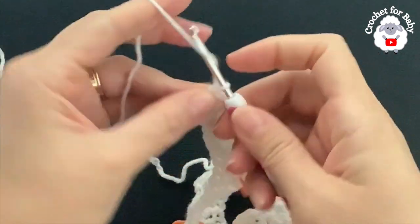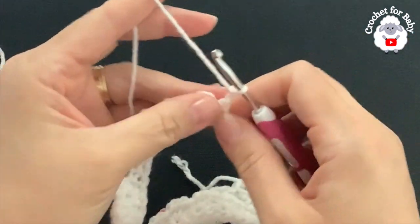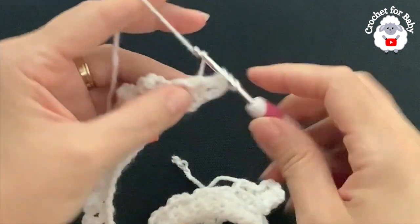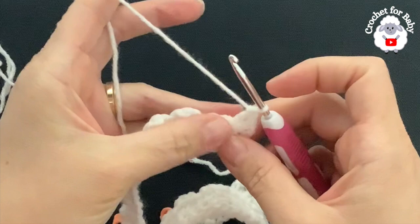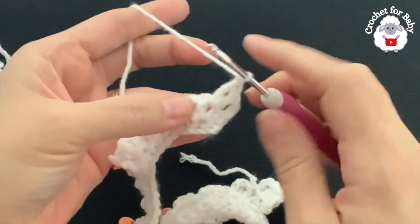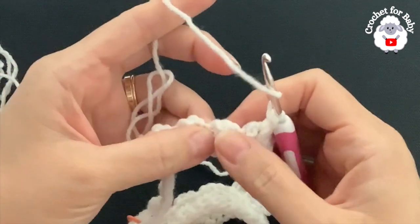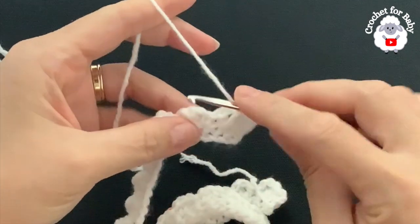For the third row here, we always begin by chaining 2. We have the first shell. Into the chain space of the first shell, I'm going to make a shell. Now, these shells in between the corners will consist of 2 double crochets, 1 chain, and then a front post single crochet into the first double crochet. So they will be slightly different than these that we did here and the ones that we're going to increase. So let's continue into the second,